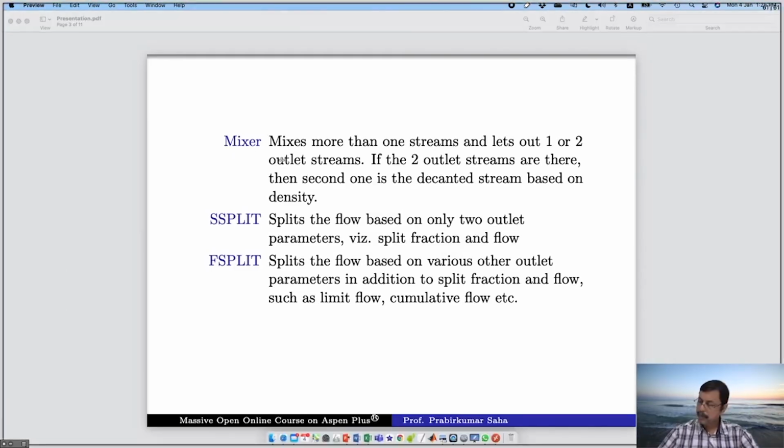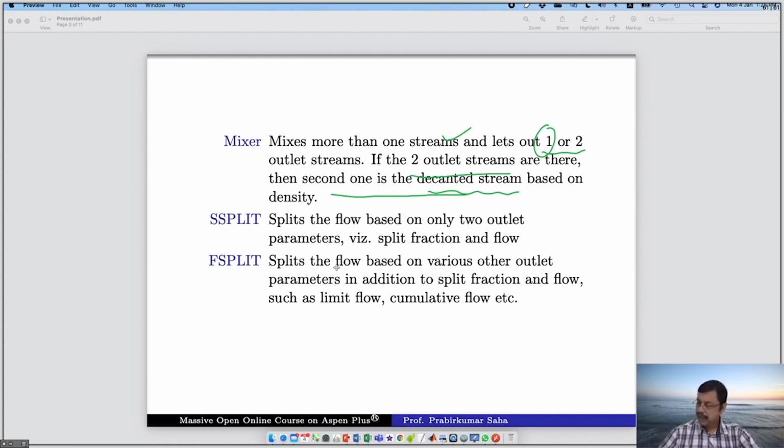The mixer mixes more than one stream and lets out one or two outlet streams. In most of the cases, one outlet stream, sometimes a second outlet stream is present. Now, in case the second one is present, then it would be the decanted stream based on the density. That means the fluid with higher density will flow through the bottom, whereas the fluid with lower density will flow